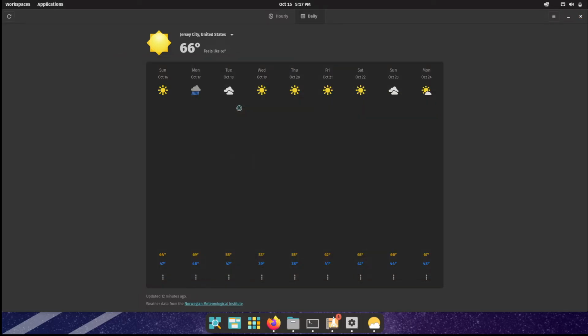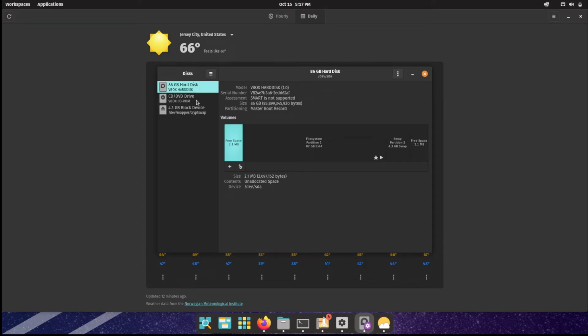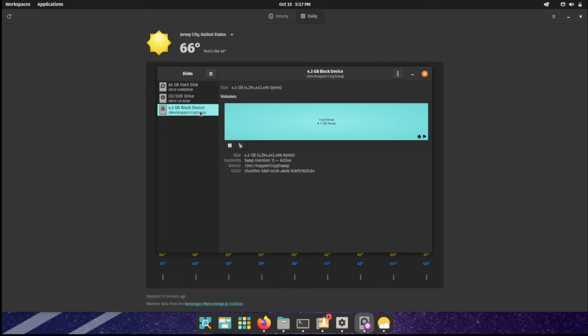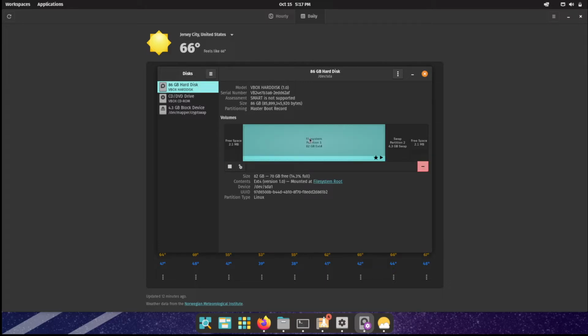Right, Disks. 86 gigs of hard disk, and in that 4.3 gigs of block device. I don't know what it is. Seems like it has mounted 4.3 gigs as swap, and then it's using the other 82 gigs